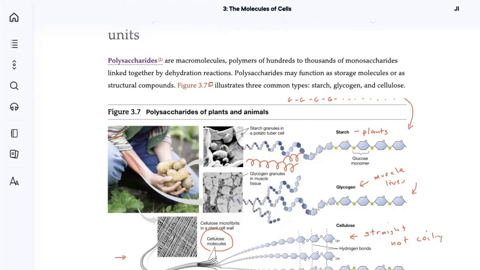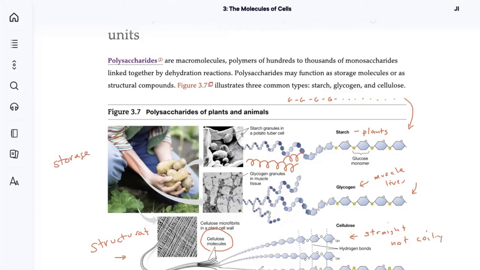And these are things that we use to make a structural molecule like what we find in plant cell walls, right? So plant fiber, the thing that holds the cells together, is also made of a glucose polysaccharide, only it's put together in a different way that allows them to have a structural function as opposed to a storage function,